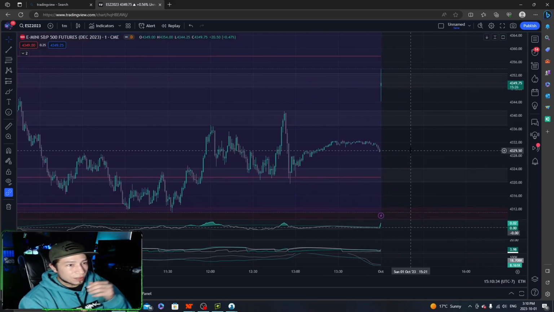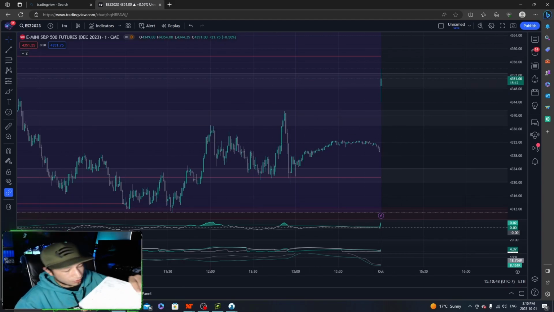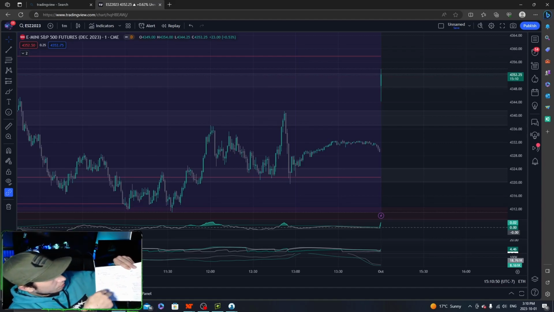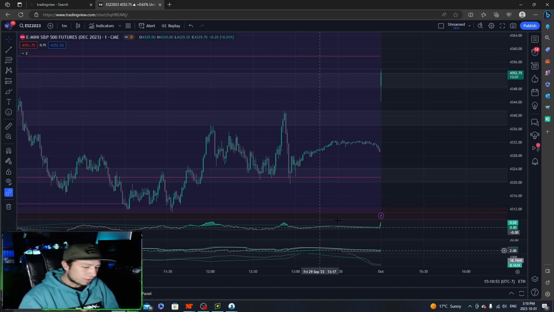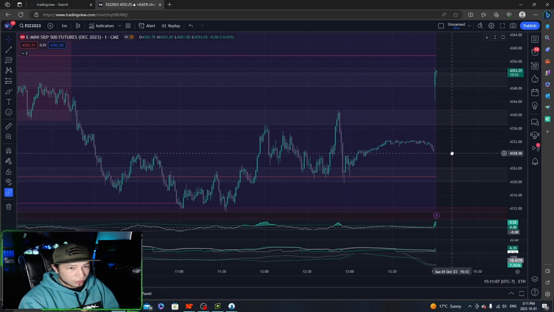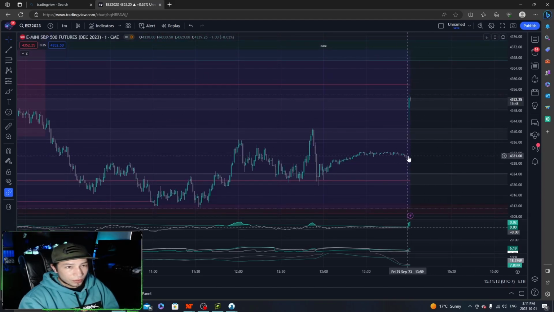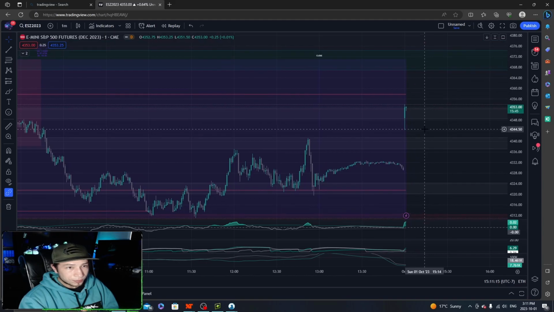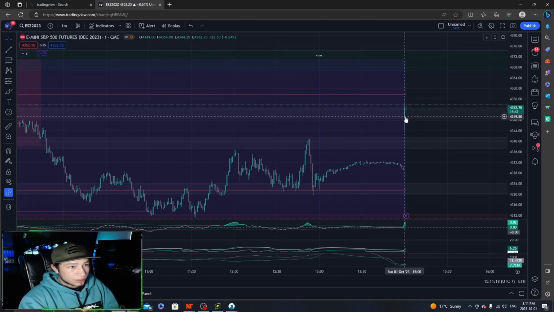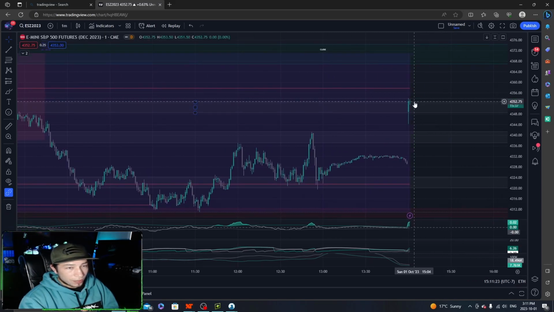So the four scenarios that we are looking at, you can see here in my book: scenario number 1, 2, 3, and 4. Basically, in scenario 1, we're looking at price opening right here. We're going to look for price to push up off the open, which we had, this huge gap up here, and it's still pushing up. So we're looking for it to break this recent high and then come back down. So that might be the play.